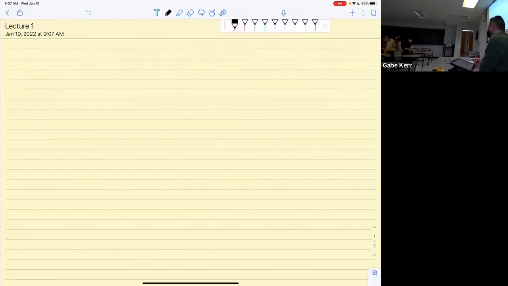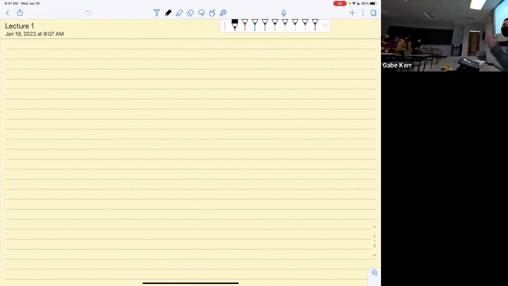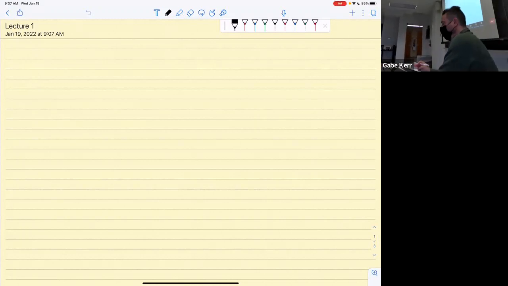Okay, so the first module and the first part that we're going to look over is not done in the order in the book. We're going to start with graph theory. Not really theory, just use of graphs.